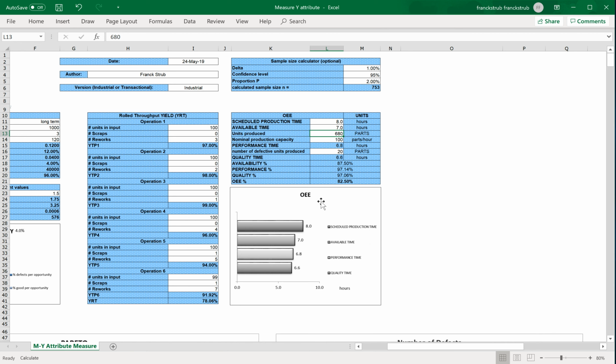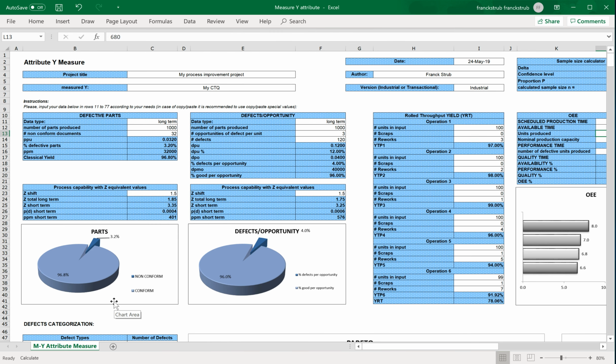So of course your OEE is less than 100%, it is 82.5% in my case, with my data. This is how this table works for OEE calculation. If your project is about OEE, you will have to use this table.